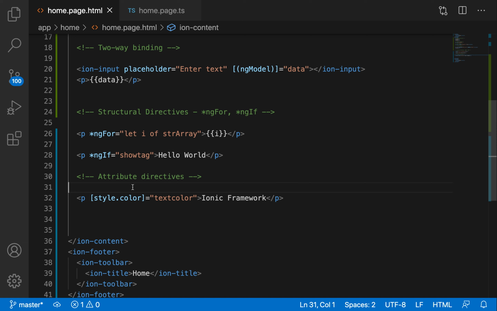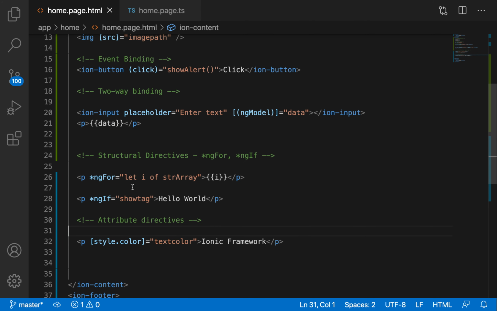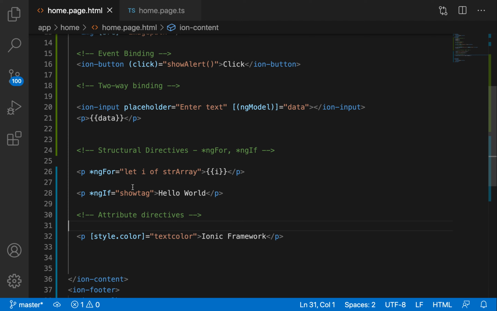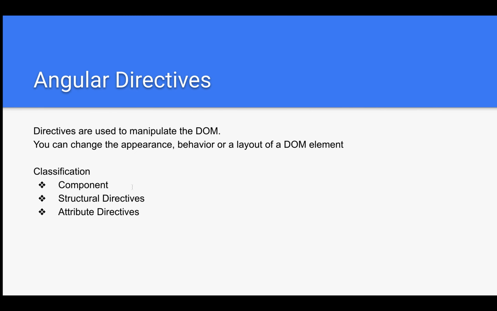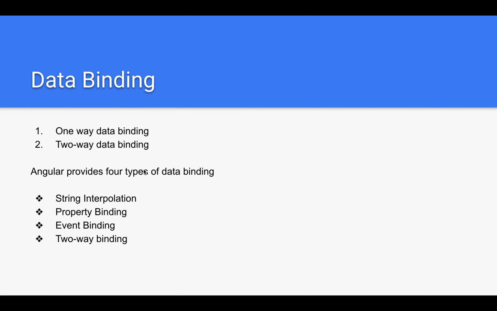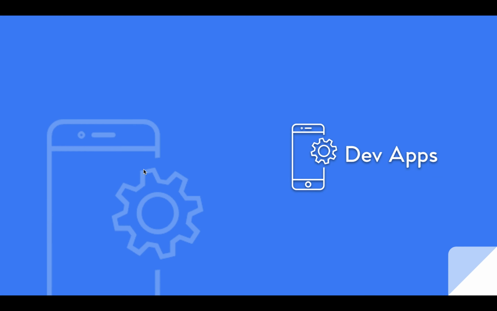In attribute directives you also have ngClass, which means you can apply a CSS class dynamically to tags. That we can see next. So that is about the page structure, Angular directives and data binding. Okay, that's it, guys. Thank you.